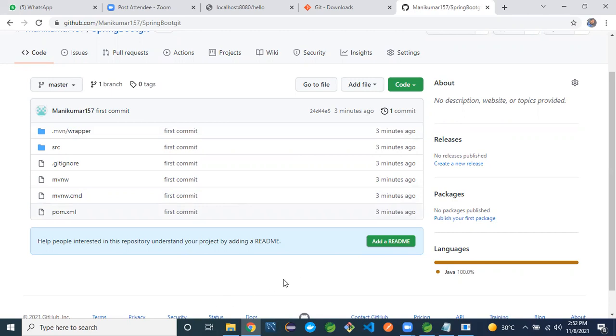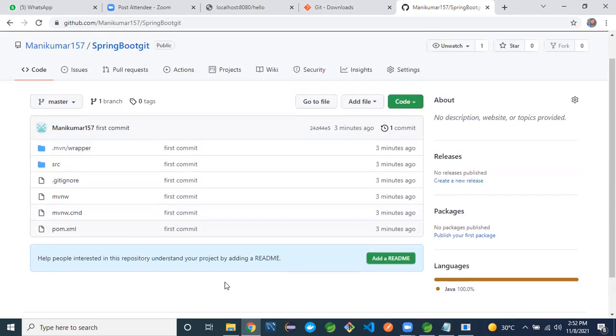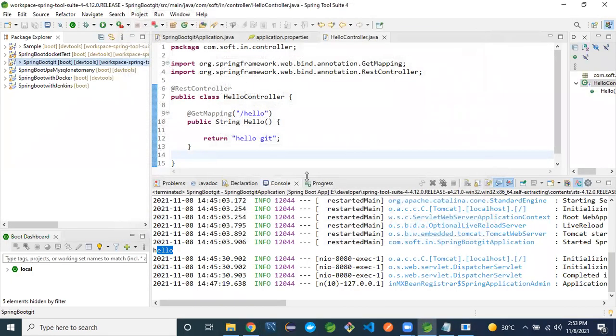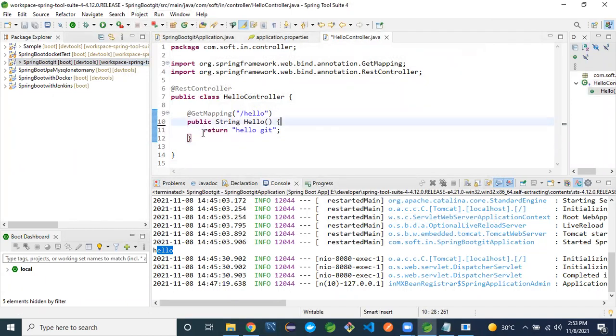After the code is pushed, how do we pull the code? Let me check, let me tell you. Is there any change in the file? Same process: once you push the code to GitHub, after that you can add anything in this project.